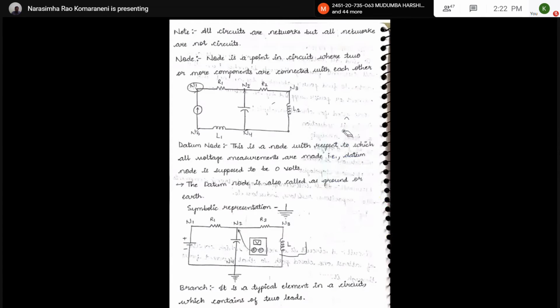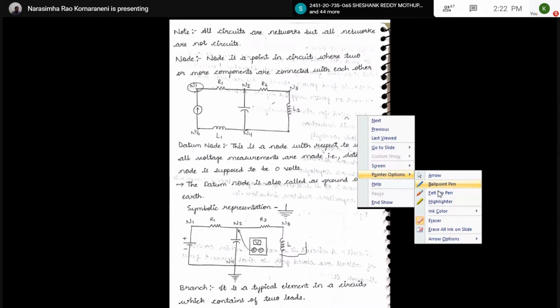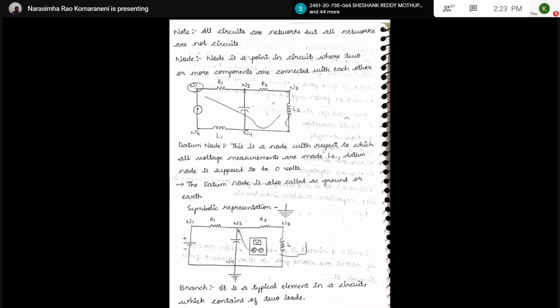There is only one component. Yeah. Here only this inductor end is connected to here. In between, there is no component, no element here. So that's why we cannot treat it as a node. Simply we can connect like this, this end itself. There is no component between these two points. That's why we cannot treat it as a node.